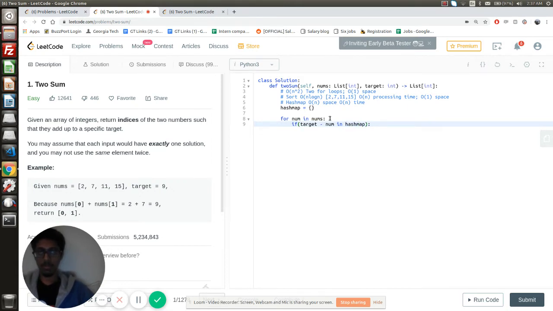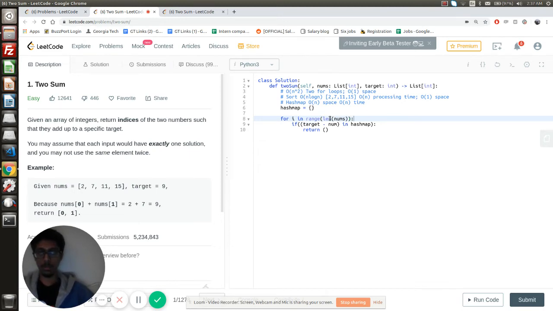Okay. So if this is the case, then we basically can say that we have found a solution, and we can return the index of the num and the index of target minus num. So let's get the index of num first.